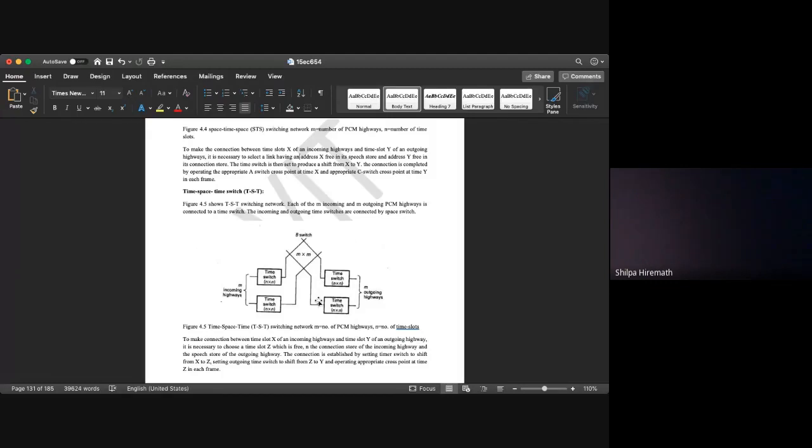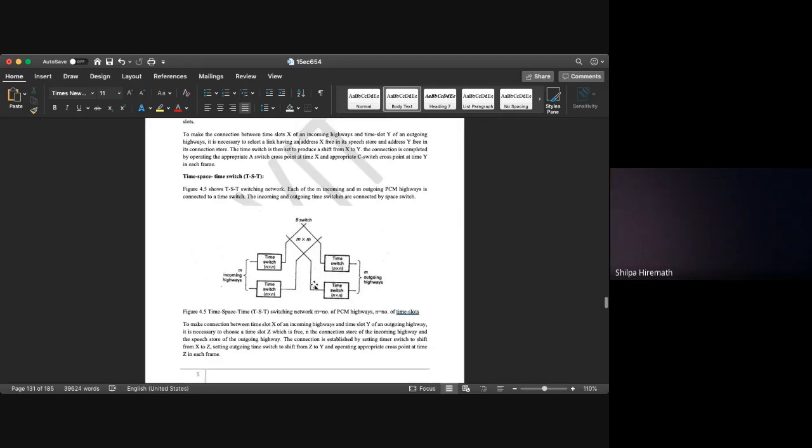So here the instant is Z, and finally the time slot that occurs at the output is time slot Y. So basically, time slot X is passed to time slot Y, wherein the intermediate time slot is time slot Z. This is the TST switch, time space time switch.